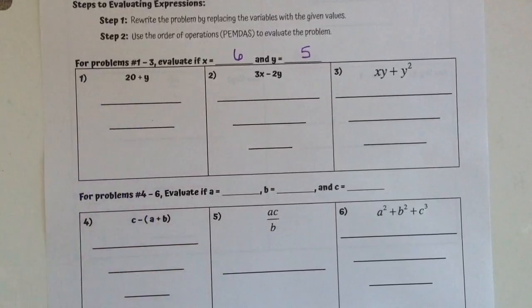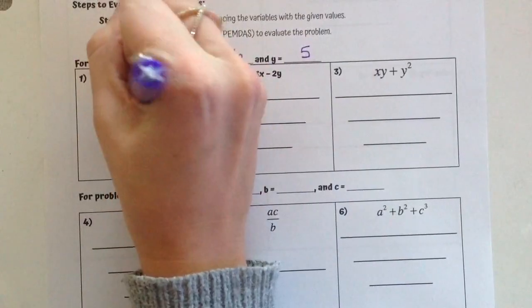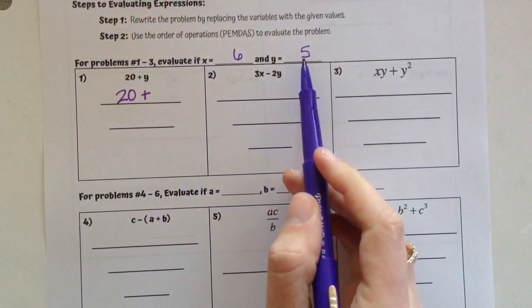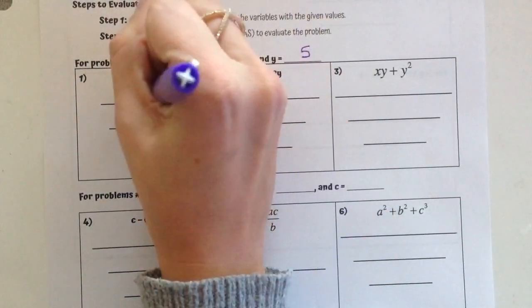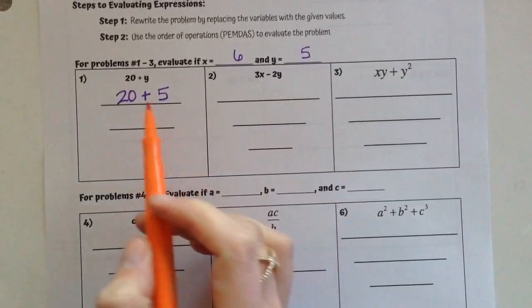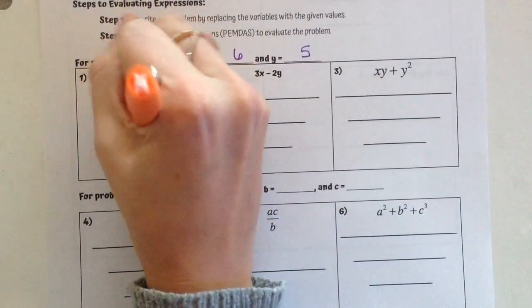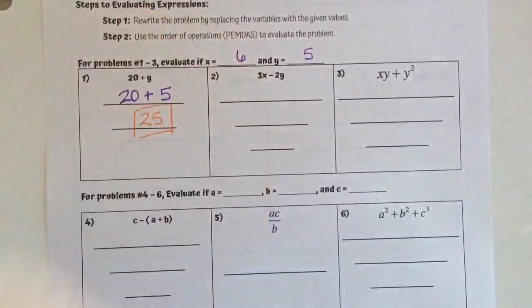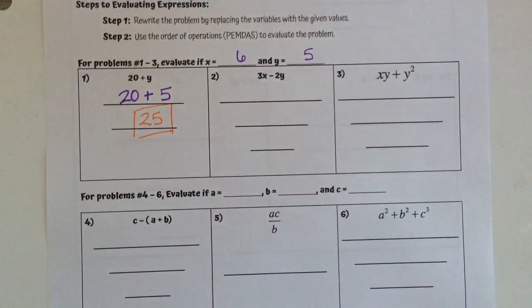For this first one, we've got 20 plus y. So what I'm going to do is substitute the value of 5 in for y. The first thing is I'm just rewriting the expression. Now I'm going to actually evaluate, find the answer. 20 plus 5 is 25. So our answer is 25. Number 2,